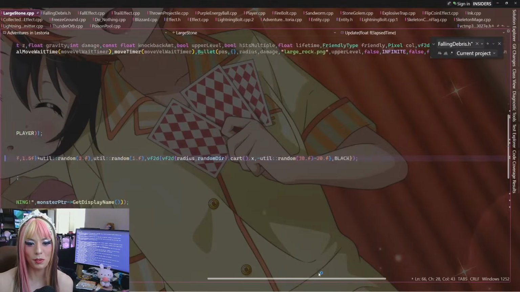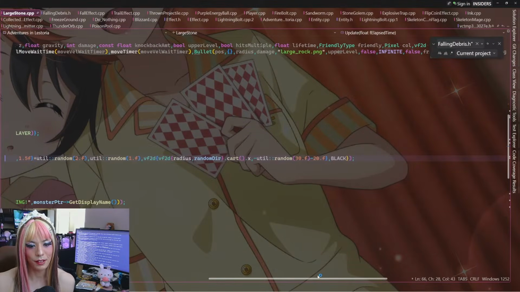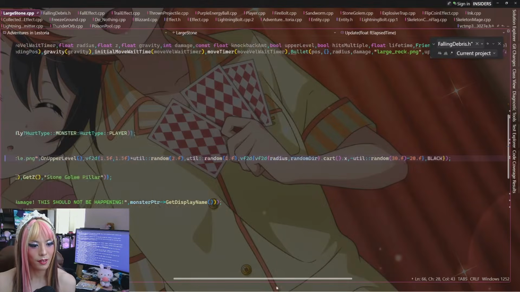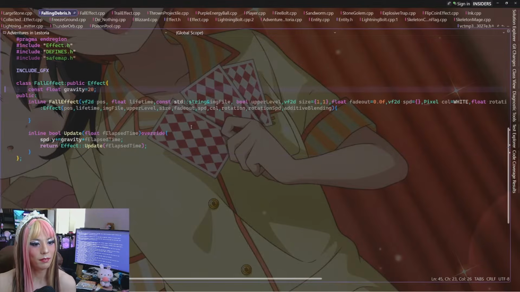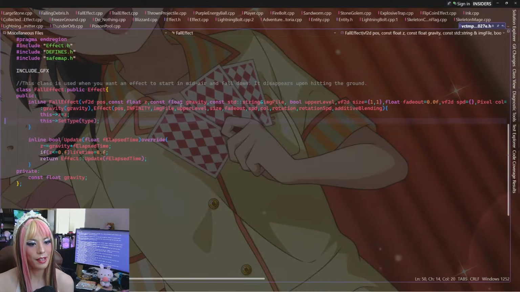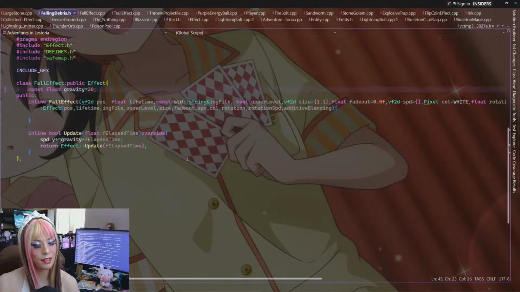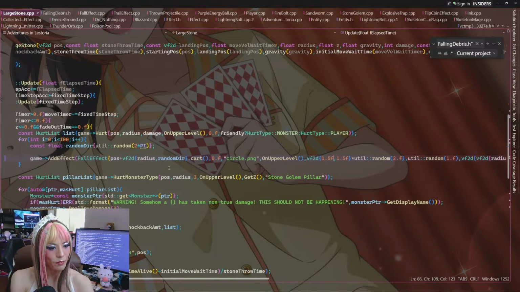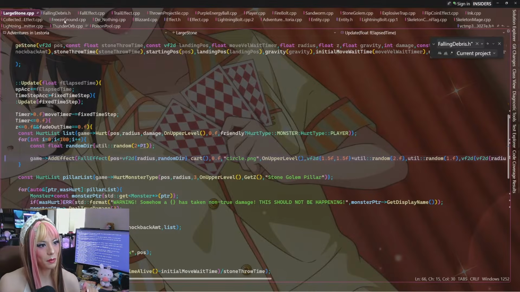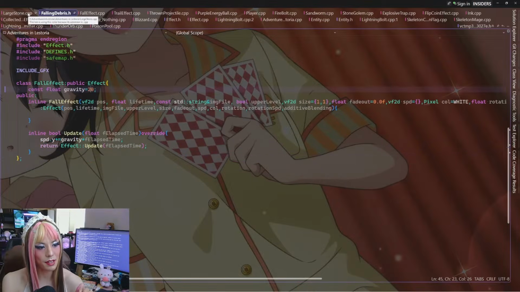That'll tell us which one we have to keep the behavior of. It looks like for this one, I just did... how would I be able to tell? Upper level size, fade out speed, color. Okay, there's a gravity value there. In this one, there is no gravity value. So this assumed we were using falling debris.h.